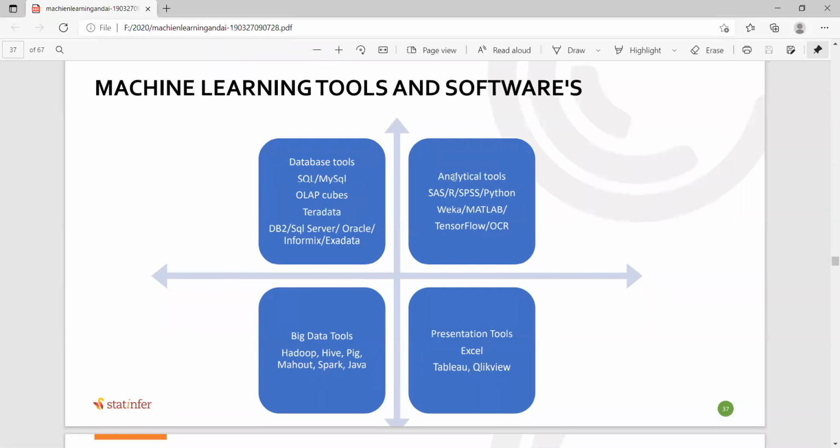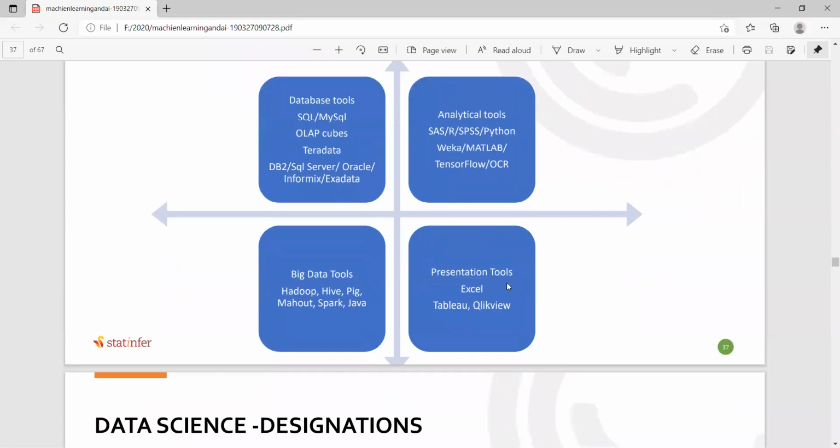R also has been used, but Python is very much popular. So as a machine learning or data analyst, you should have knowledge of these tools. And when you are going to visualize the data, you are going to use various presentation tools like Excel, Tableau, and QlikView. Excel is one of the best software, used to store vast amounts of data, as well as